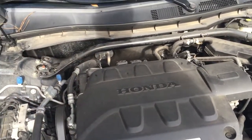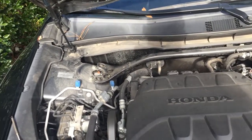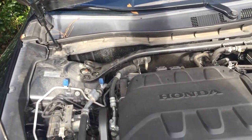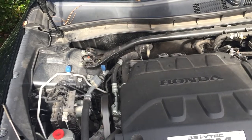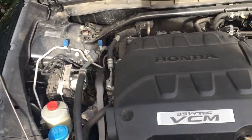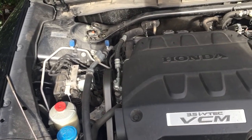What it did, the engine was running very rough. Basically it was like bouncing back and forth. It was really scary actually. I thought there was something seriously wrong with the engine, but then I thought, well, let me give it a shot and replace the spark plug, and voila, knock on wood, it was only a spark plug